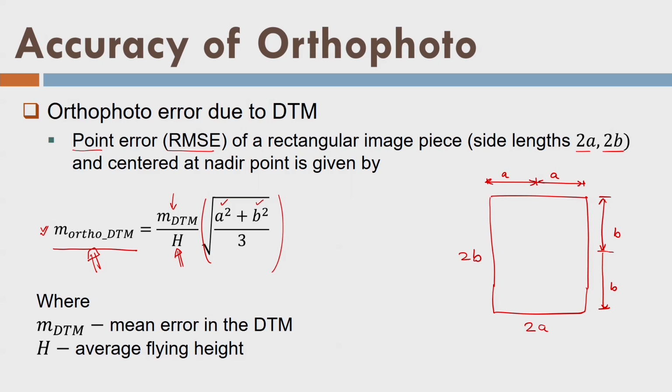After estimating this, we have to go back and estimate the overall error, where we need to put the orientation error also. As we have said already, the orientation error between the image and DSM has to be estimated by an experiment or a numerical way. However, we have estimated the error in the orthomap that is contributed purely by DSM or DTM. We have given the expression here: one is point estimation and one is the overall estimation, or the RMSE, for the whole given area. So, that is the idea about the orthomap accuracy, and that is an estimate.